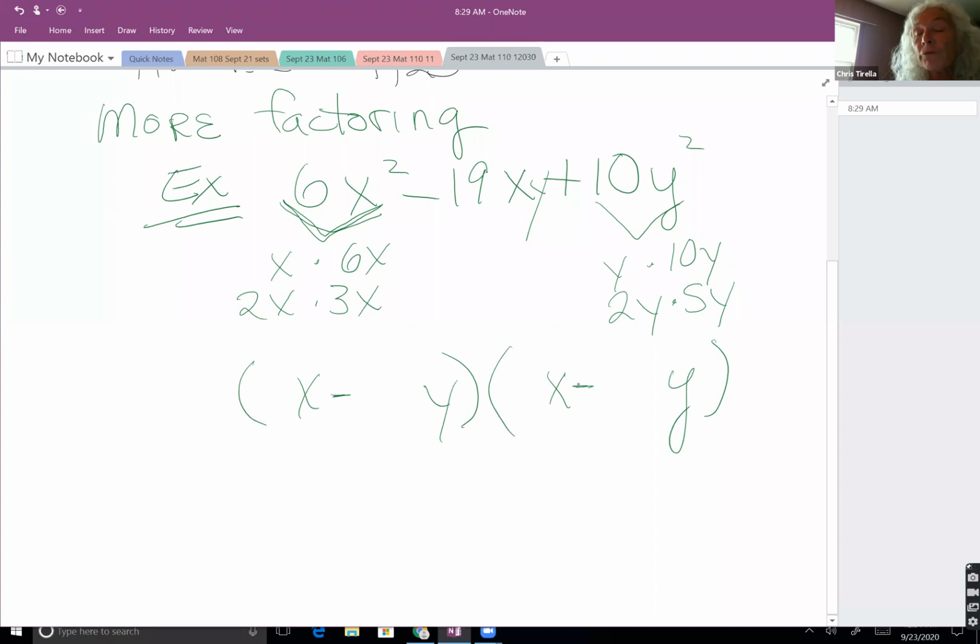But even before I fill in the coefficients, do you notice if I FOILed this, first would be x squared, outer would be xy, inner would be xy. And so that's how we get that middle term. Don't look for the middle term until you're checking by FOILing. And before we check by FOILing, we have to decide which